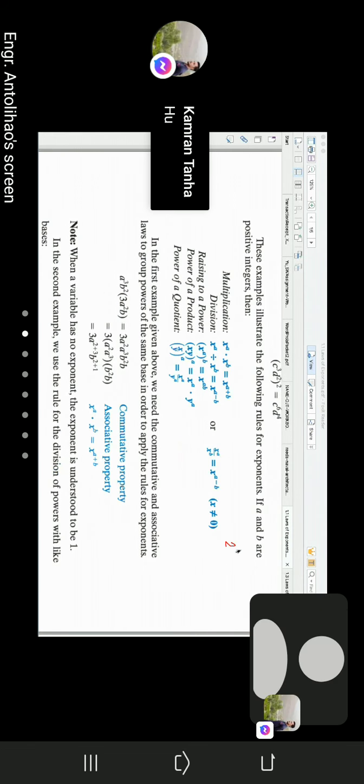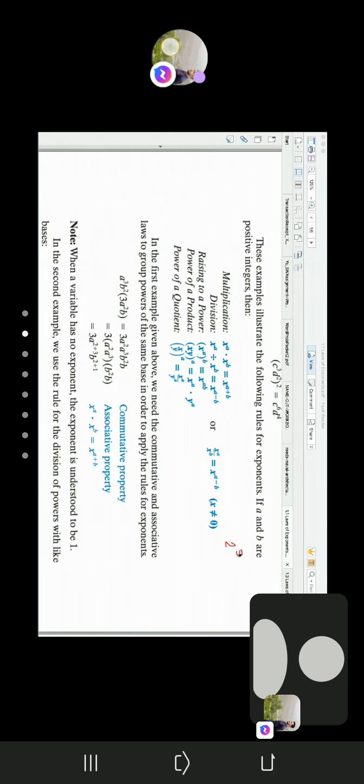So example here is, let's say if I have 2 to the power of 5, then divided by 2 to the power of 2. So that would be 2 to the power of